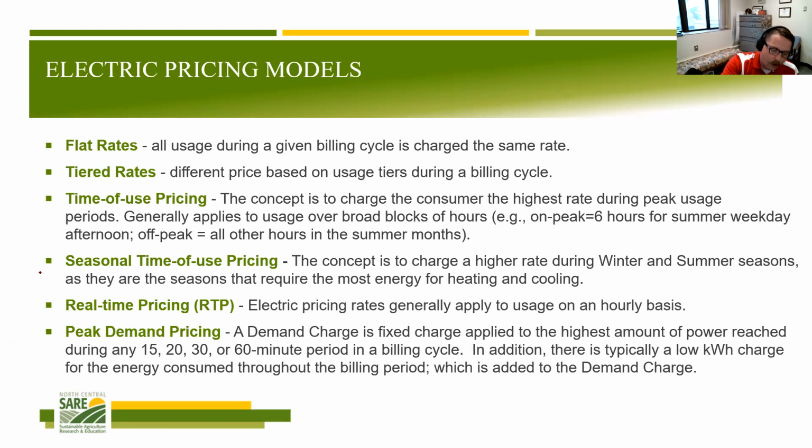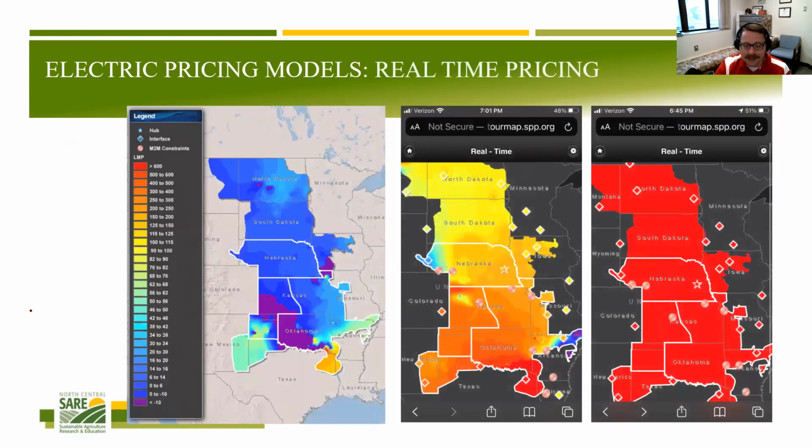These top four are pretty common. Actually, the only one that I don't see a lot is this real-time pricing, but this is what we heard a lot in the news the other day, so I wanted to touch on it. In a deregulated marketplace, there are customers that can say, I'm going to pay the real-time price, and they're going to pay the price of electricity as it is at that moment, which can be a beautiful thing. This is the one I downloaded from yesterday, the real-time price yesterday on the left-hand side was somewhere between maybe 1 cent in the blue to actually 0 cents in the purple, maybe even negative cents in the purple, and as high as about